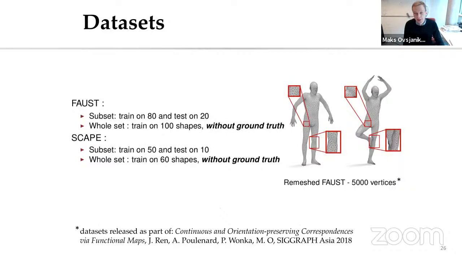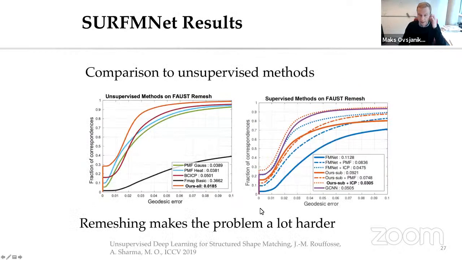Now, one thing that we did is try to evaluate how well we can do, but in order to not overfit to the triangle mesh, we also looked at remeshed versions of the Faust dataset. This remeshed version is something that we released as part of a SIGGRAPH paper in 2018. The nice thing is that the meshes are not too different, but they're sufficiently different that you cannot overfit to the vertex IDs, right? And in this 2019 work, we compared to existing techniques at the time, and it was achieving state-of-the-art results on these remeshed datasets.